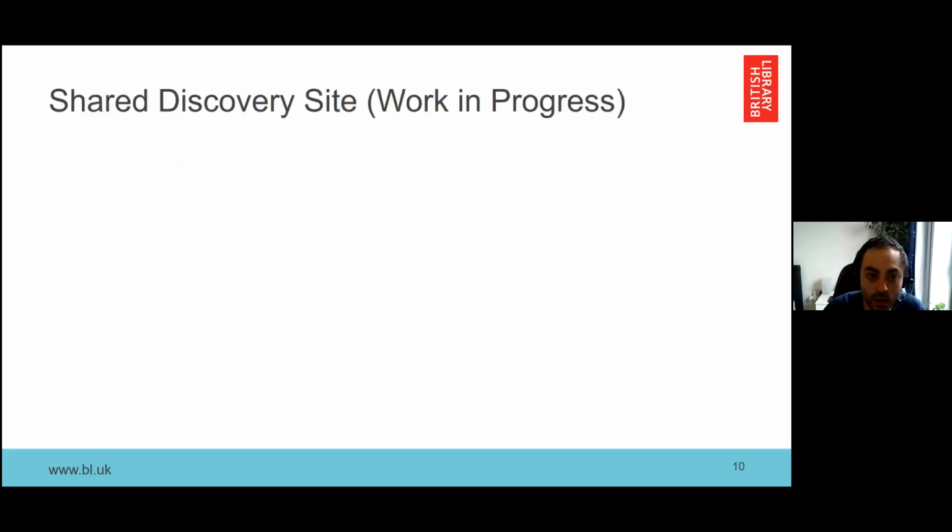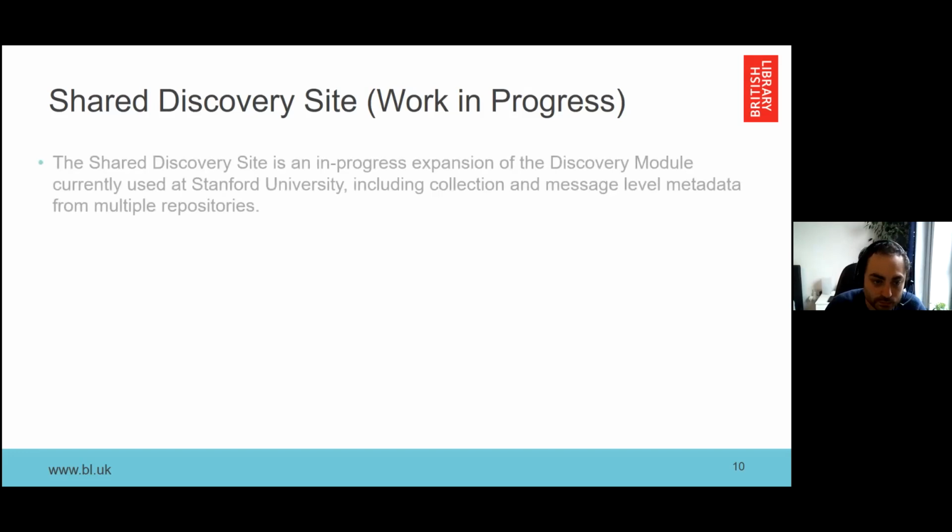So the last thing I'm going to talk about is a collaborative work in progress, and that's the shared discovery site. So it's a work in progress expansion of the discovery module, which is currently in use at Stanford University. It includes collection and message level metadata from multiple repositories. So it's going to include messages from repositories such as the